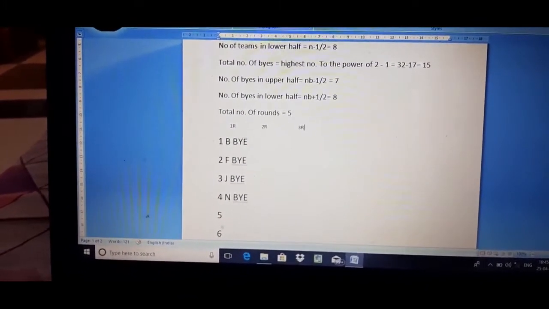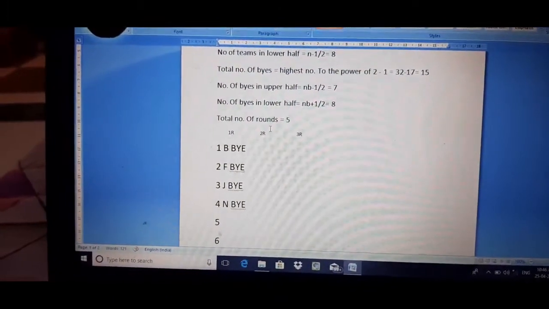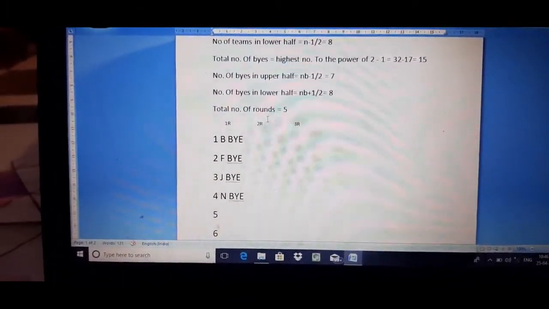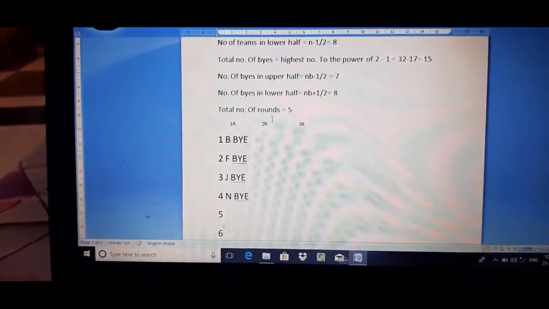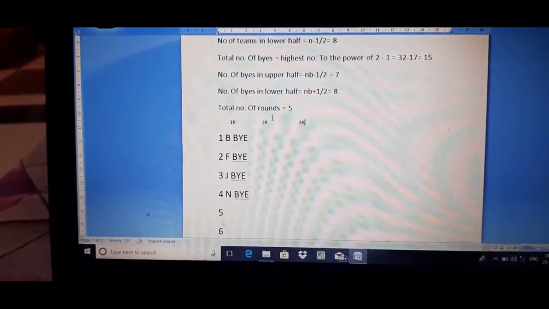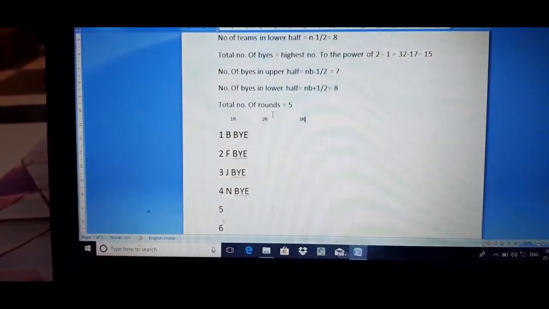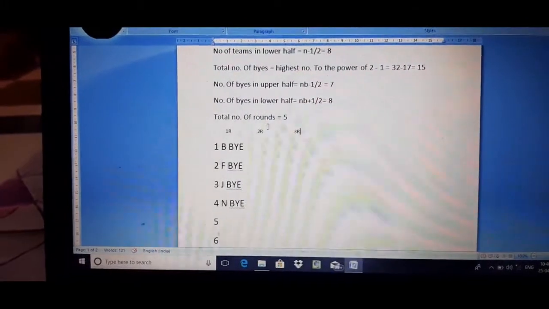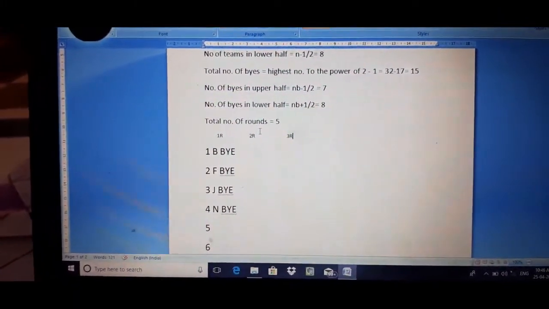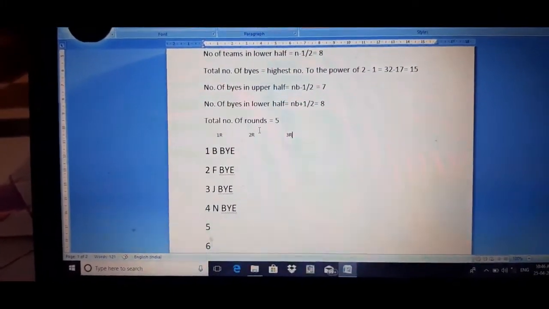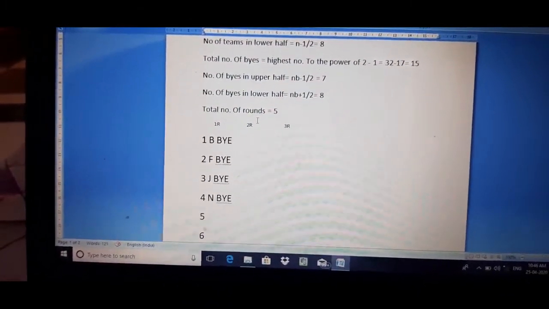Okay, and tomorrow I want each and every one of you to message me with the picture of this complete draw. Okay, complete fixture. Getting it? So I want the winner out of it. I am not saying who the winner is, it depends on you. There will be no question of marking the winner. Okay, it depends totally on you. You can make B the winner, you can make F the winner, it goes on. The only thing we want is the correct format, that's all. Okay, so tomorrow get me a winner.